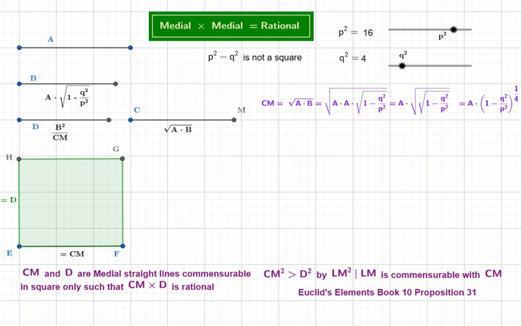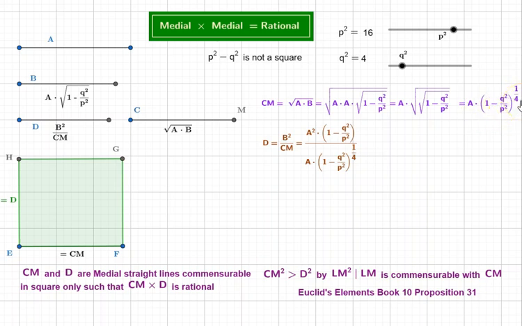Now let's look at what D is. D is equal to B square by CM. Let's do the substitution. B is A times square root of 1 minus Q square by P square. So when we square it, what do we get? We get A square and the root disappears because of the squaring. So we end up with A square times 1 minus Q square by P square divided by CM, that is A times 1 minus Q square by P square to the power of 1 by 4 or fourth root,